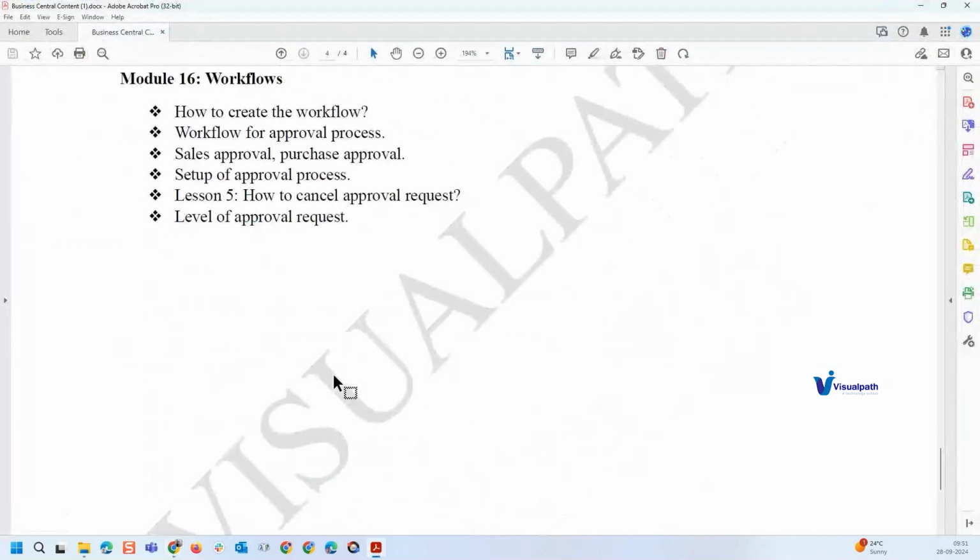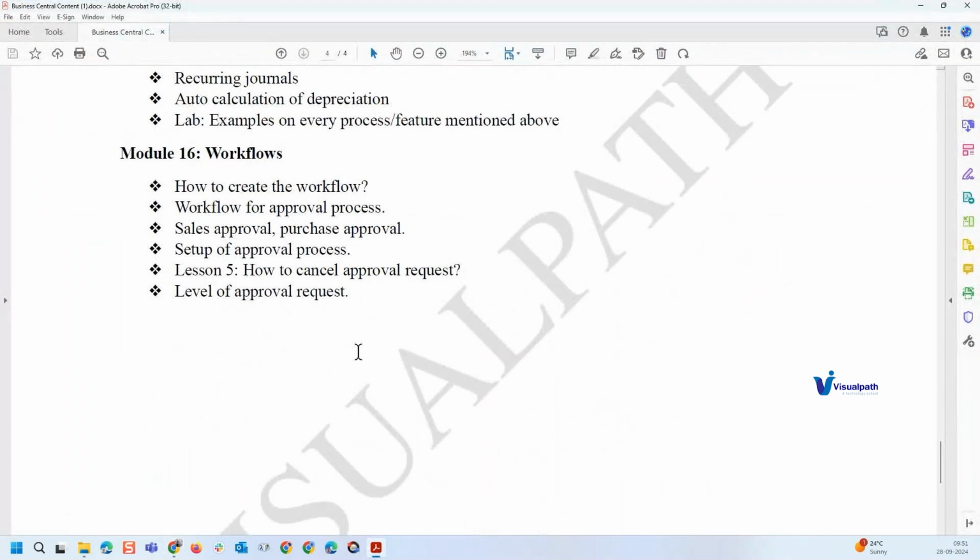Then the last one in this course is workflows. What is workflow? Workflow is basically, when we are doing, there is a hierarchy structure. In any organization, there are people who are makers and checkers, right? A maker is a creator, like an executive person who makes documents, creating a document such as a sales order,